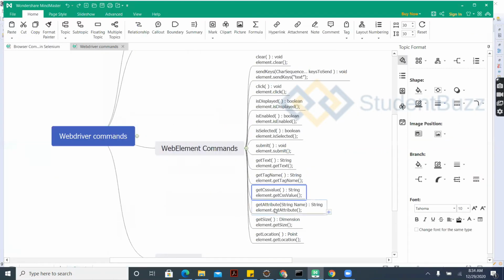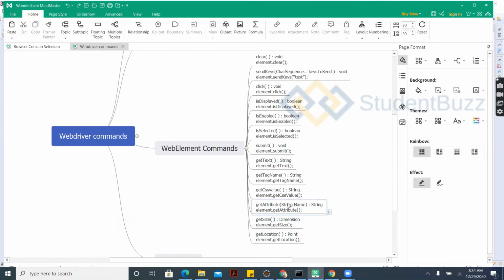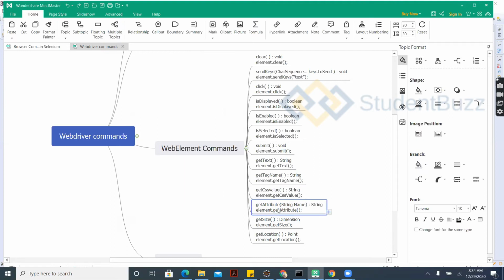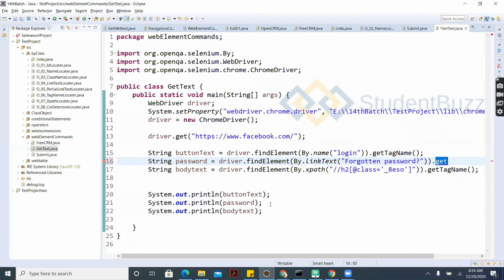And get attribute, get size, get location. Apart from CSS value, we'll see get attribute, which we use regularly. Get size and get location as well. See here, the return type is a string, so it returns the get attribute. Let's see get attribute.